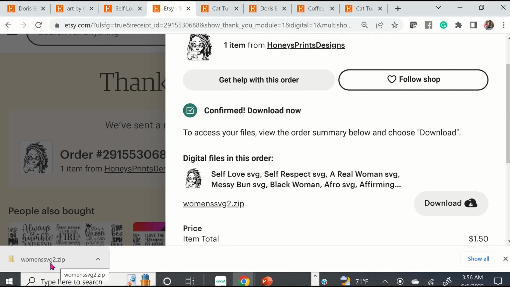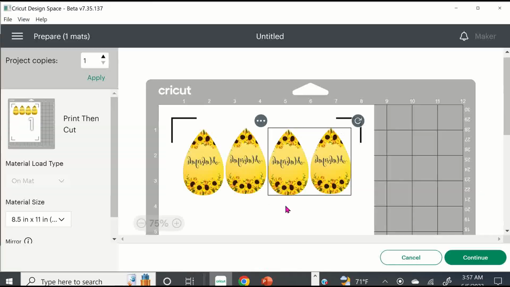Now, until you unzip this file, it's not usable. Okay, it is not usable until you unzip it. So you can't just click on download and then go into Cricut Design Space and use that file. So I'm going to show you what we have so far. So if I go over to Cricut Design Space,